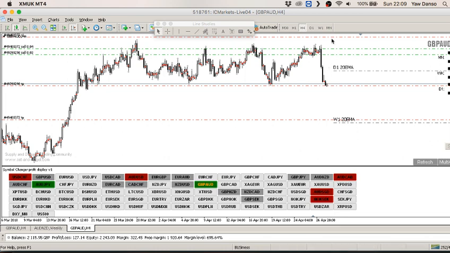So my risk is £18 and my reward is 38. Is that enough for me? If it's enough for me, then yes, I will analyze this pair and then I will sell it